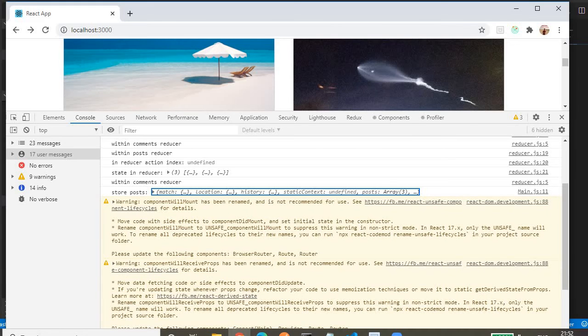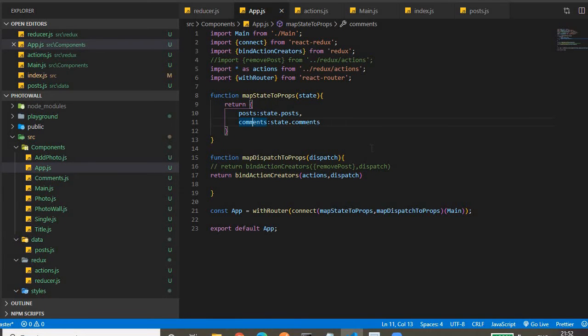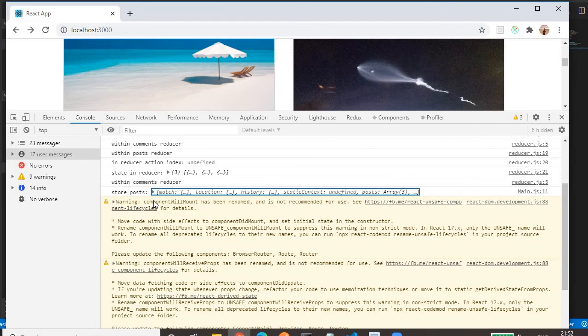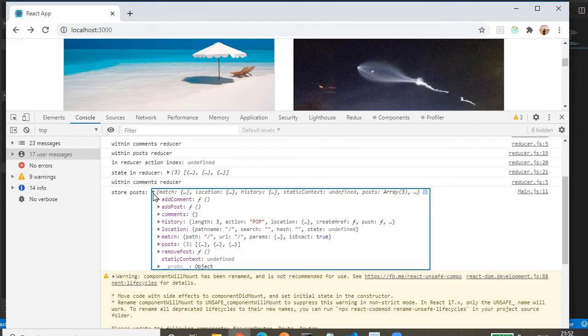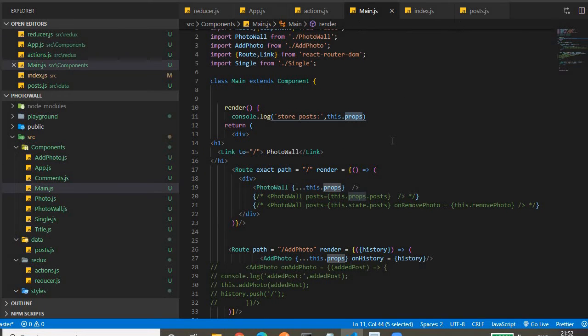Okay, so we are connecting the main to the store by using this container, and we are also connecting the actions to the main by using this container. That's why in the props, in the main component, we are getting the actions as well as the states. Once we get the state from the store,